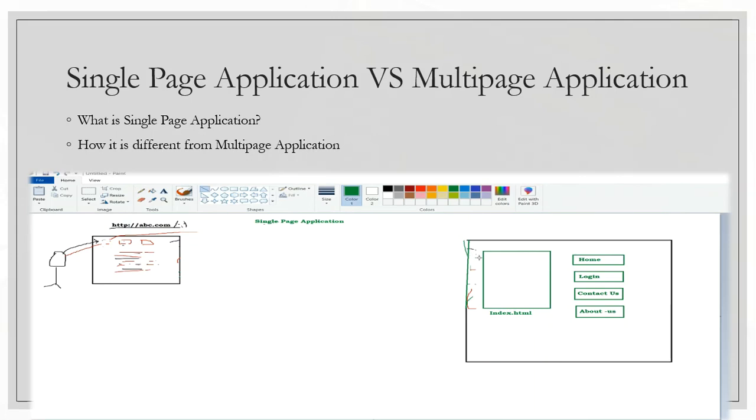Because here we might have some header part, here we might have navigation, left navigation, or footer. Okay, this one our footer.